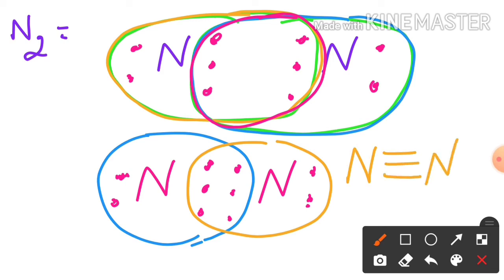So like this, the single covalent bond, double covalent bond and triple covalent bond are formed in different types of molecules. Remember, a single covalent bond is formed by the sharing of 2 electrons or 1 pair of electrons. A double covalent bond is formed by the sharing of 4 electrons or 2 pairs of electrons, and a triple covalent bond is formed by the sharing of 6 electrons or 3 pairs of electrons. Those electron pairs which are involved in the bonding are called bond pairs of electrons or shared pairs of electrons, and that pair of electrons which is not involved in the bonding is called a non-bonded pair of electrons or lone pair of electrons.